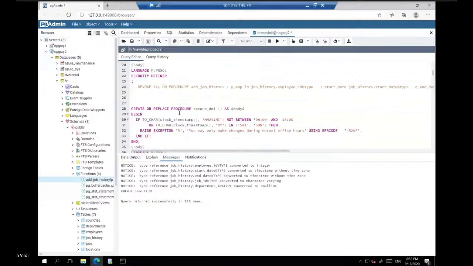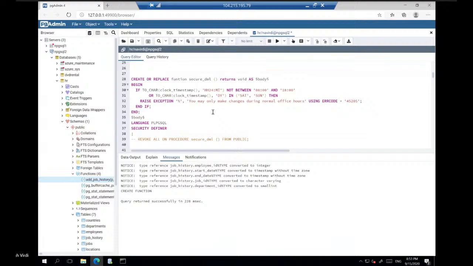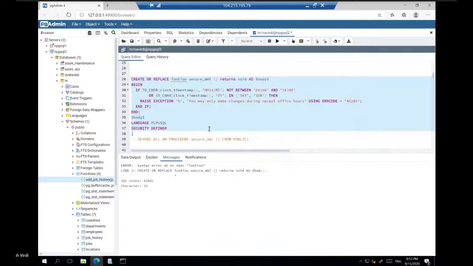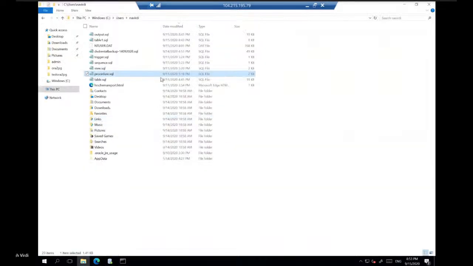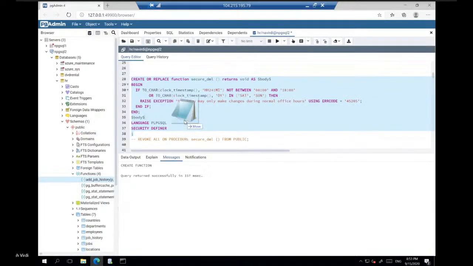But if this were Postgres 11, you don't need to do this, okay? Because Postgres 11 supports procedures as well. Okay, so this is how you will create various objects. Typically, the stored procedures are something which you have to look for. Again, views are pretty simple. They will work as is.